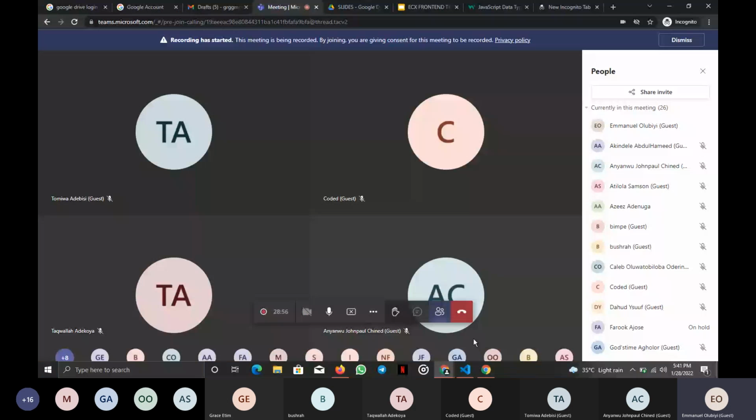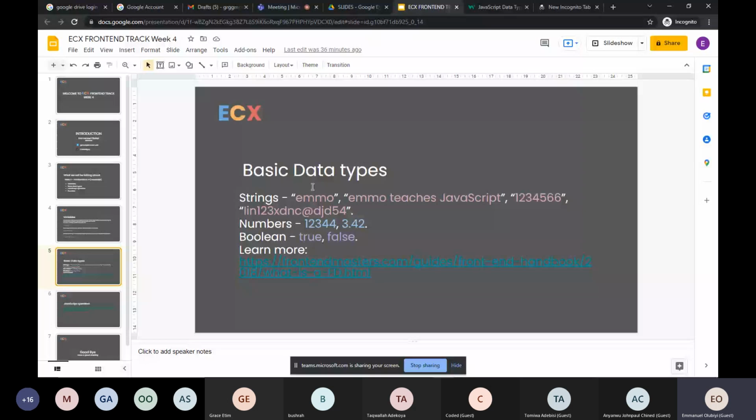Okay, so data types. In JavaScript, these data items that we use are classified into what we call data types. So there are different types of data type. These three I put here are the most common, most basic data types you see. That is the string,